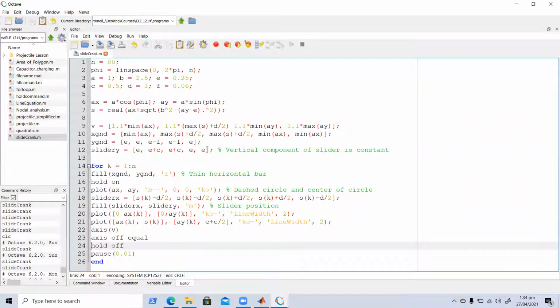We turn hold on and off, holding the screen. All right, good. So now with Octave,